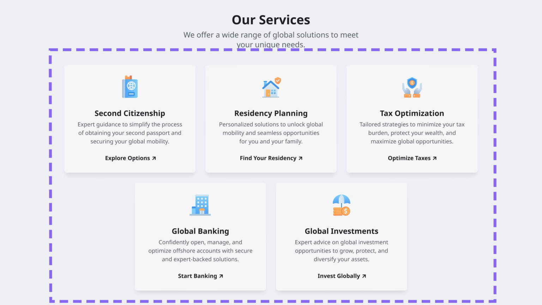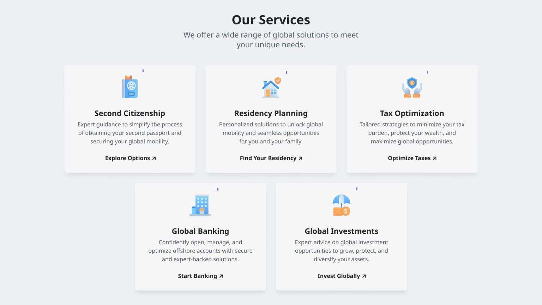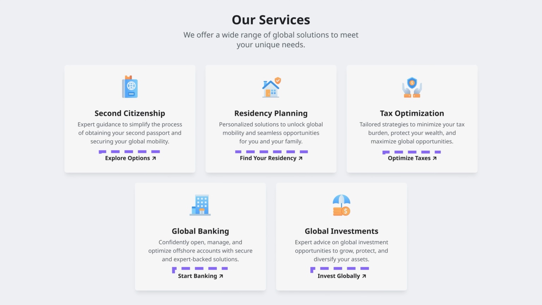The grid layout improves usability by maintaining a clear structure, ensuring visitors can quickly scan and understand the offerings without cognitive overload. For each service card, I have incorporated tints and shades of the primary color into the icons to create a more cohesive and professional appearance. Each card has a clear and specific call to action, guiding visitors directly towards the next step based on their